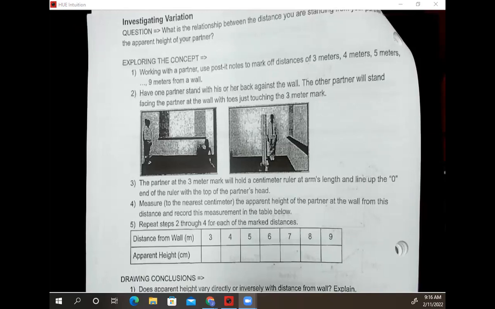Okay, so we will get started with our activity. So phone cameras and just take a ruler and